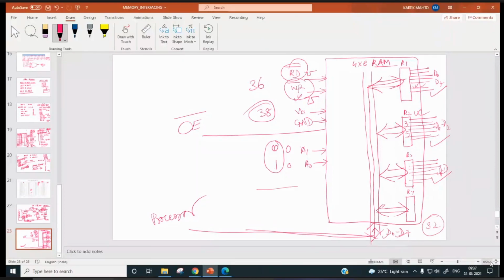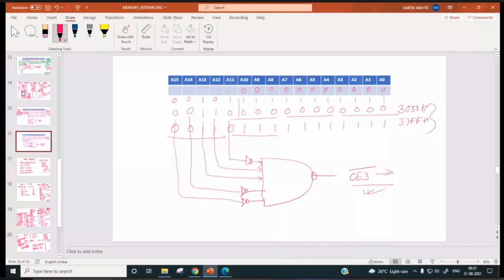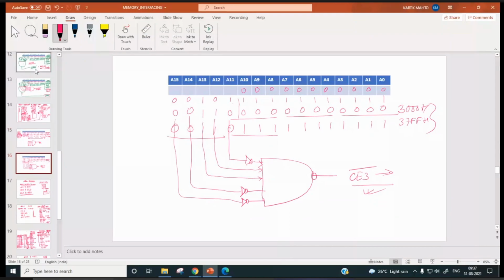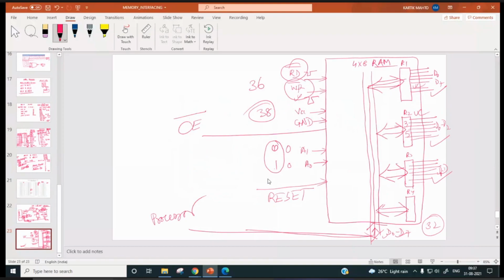Very, very important. RESET. In case of memory chip, that reset pin was not there. But here, we are providing a reset pin. Why?